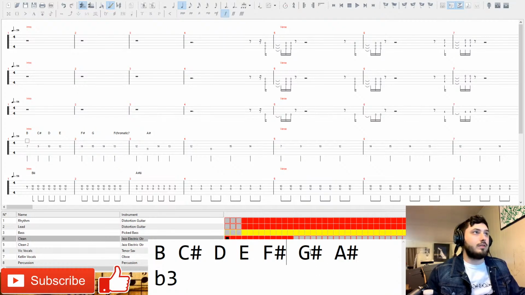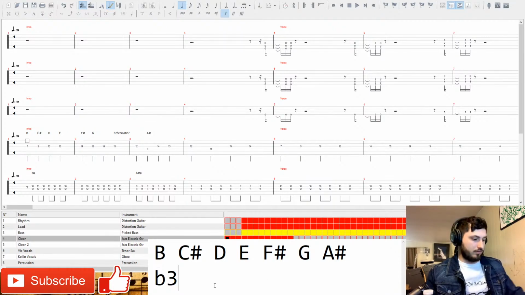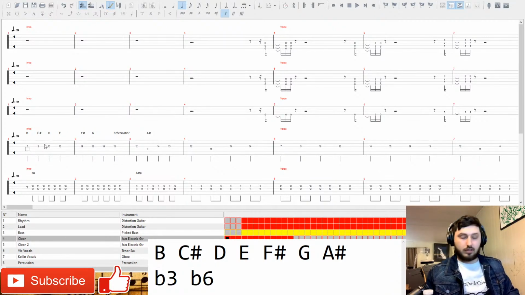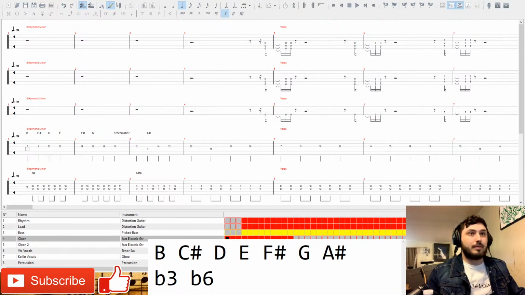So we use F sharp, we use a G, so we have a flat 6, and we use an A sharp, not an A. I didn't see an A anywhere. This implies we're using harmonic minor, which is what it sounds like with that sneaky blue note in the melody. So I'm going to make a note on that. So the intro is in B harmonic minor. If you have any questions about the different versions of minor, let me know. Anyways, so we know the intro is in B harmonic minor.